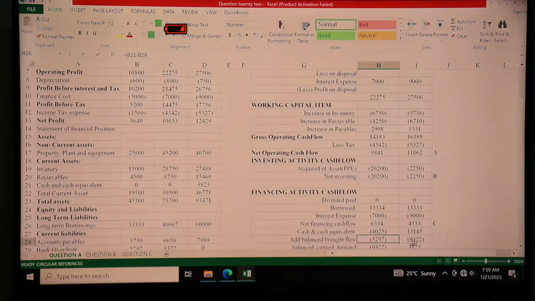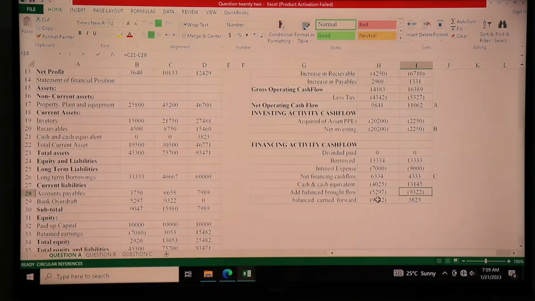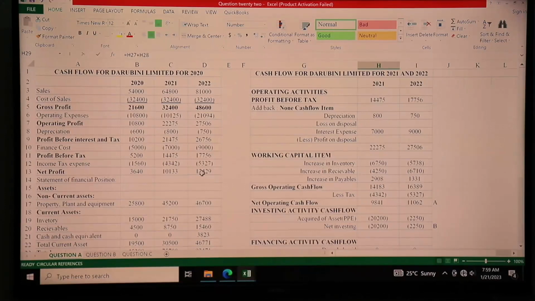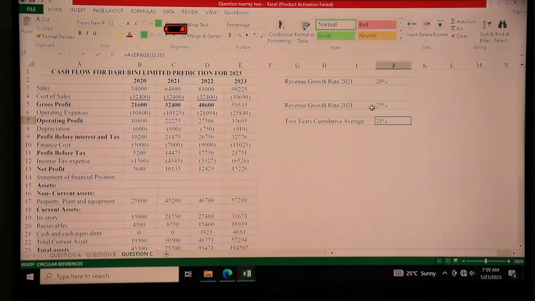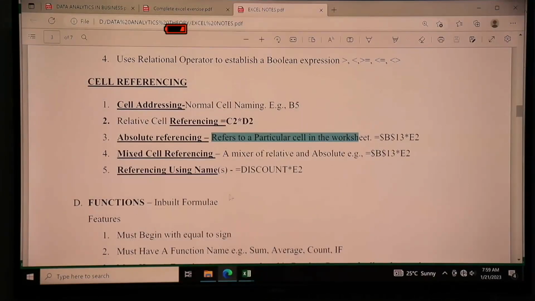In this cash flow, we never had such a cell, but in the previous exercise, that is the other exercise 21, we had such a formula. So I'm looking for such a situation because that is something that has to be used in most cases. So this question was not that wide in using absolute referencing. But you're going to check. I'm going to give a clarification and an example of this. So here we are going to use this simple data.